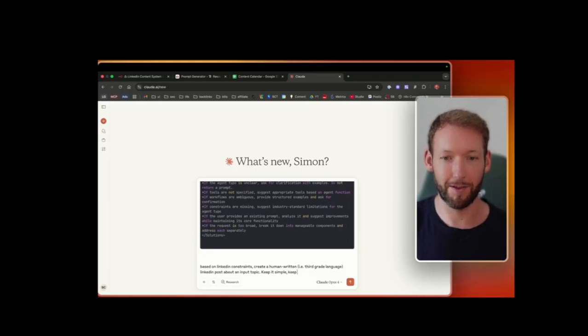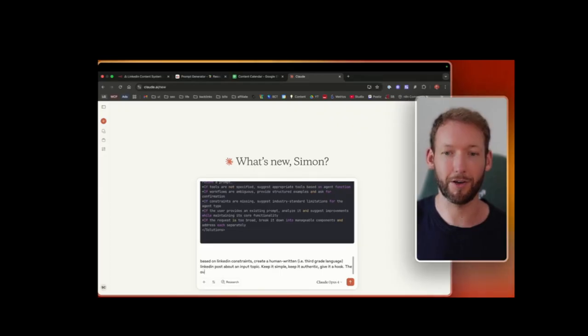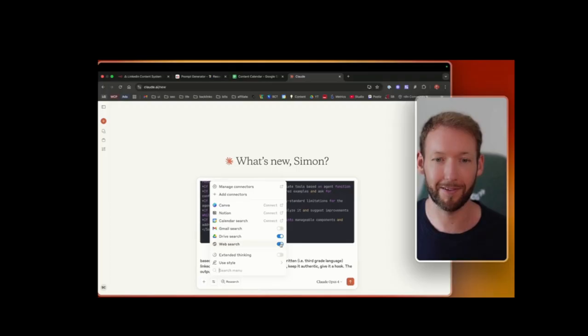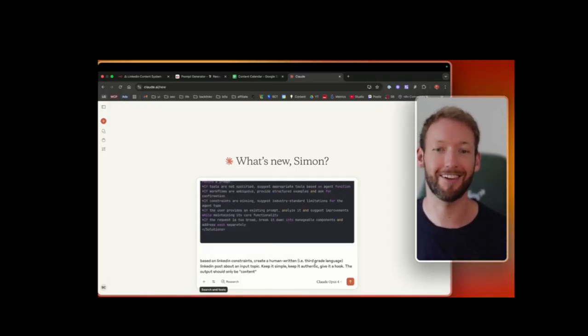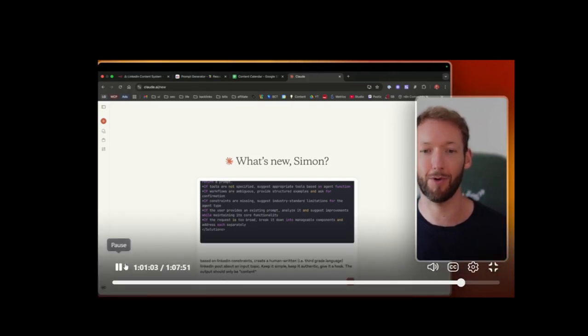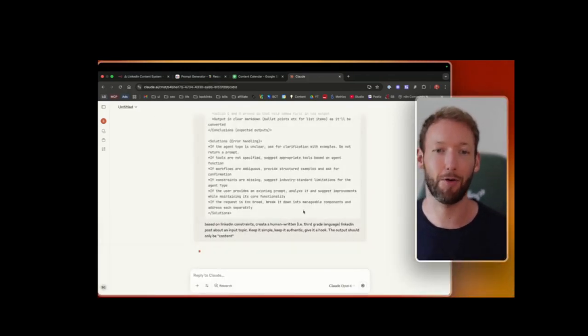Keep it simple, keep it authentic. Give it a hook. The output should only be content. And we're going to just give it access to the web here. So it can go and search for LinkedIn constraints. We don't need to search any of that, but basically just going to run it. I'm going to run it on Opus 4, but any of these would work. ChatGPT would work too. Let's see if it can output us a good